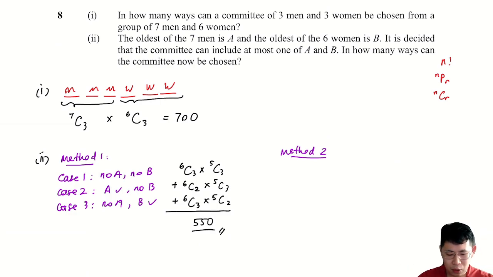Let's take a look at method 2. What would be the remaining case? Let's look at the complement case. This is actually case 4, where you have A and B both inside, just one case. Because of that, we can take the total number of cases minus this case. So how many ways do we get this? This would be the number of ways